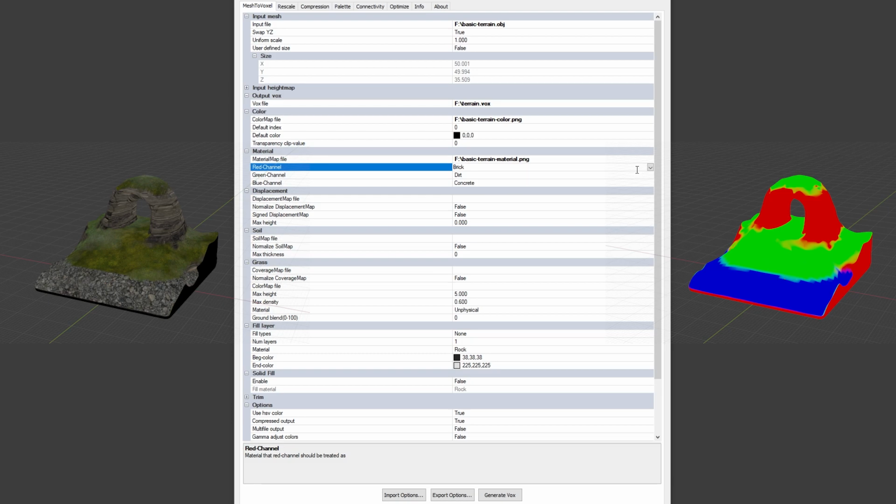It might be tempting to use rock for those areas, but since rock is an indestructible material in Teardown, if you use rock, you won't get any pieces falling off when you shoot at it or place explosions and stuff like that. So brick is a good alternative for that. Then the green channel is where the ground soil is, and dirt is a good choice for that. And the blue channel is down at the bottom of the terrain where I'm imagining it will be meeting the water. And it is mostly stones, and I'm using concrete for that.